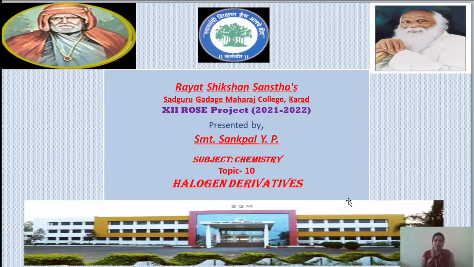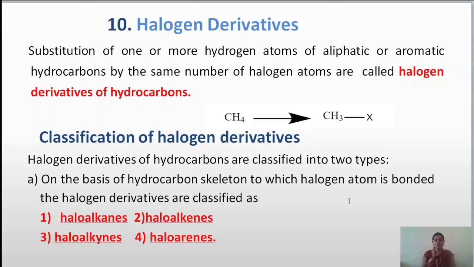Today I am going to start the new topic of your textbook, and the name of the topic is halogen derivative. This is the first topic of your organic section. The weightage for this topic is 5 marks with a compulsory question and 7 marks with an optional. So, we will start with the halogens. What are halogens? Halogens are group 17 elements in your periodic table. Fluorine, chlorine, bromine and iodine are the examples of halogens.